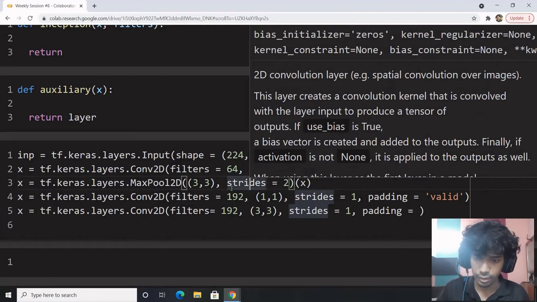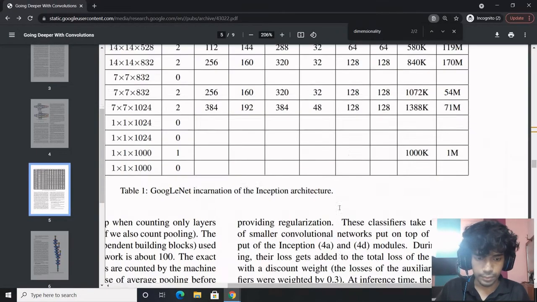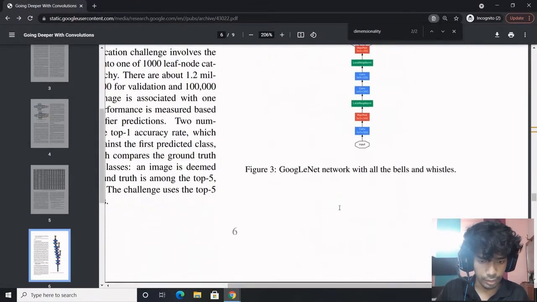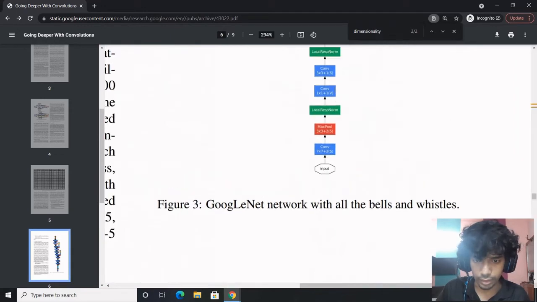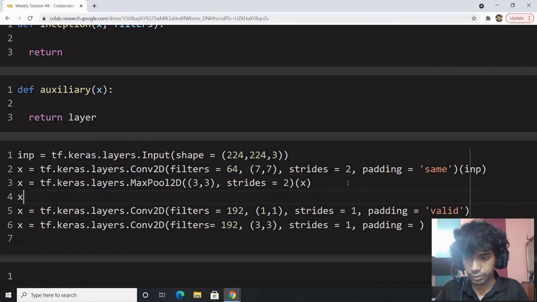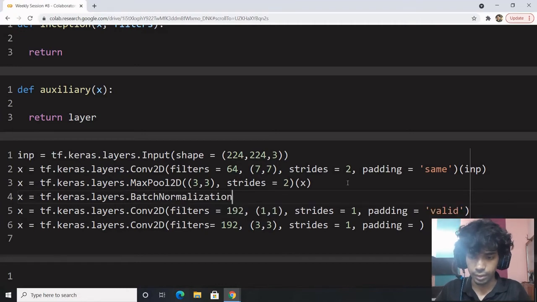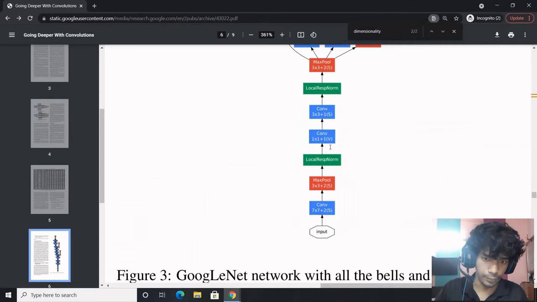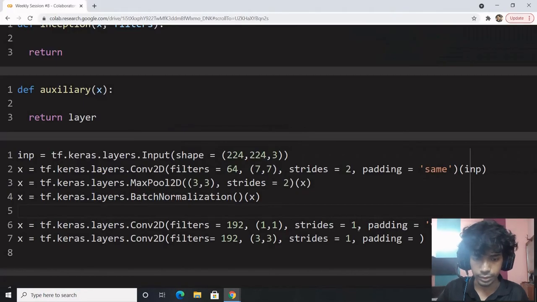And after max pool 2D we need to add a batch normalization, which also needs to be done. So x equals tf.keras.layers.BatchNormalization, pass x, the 2 convolution layers, another batch normalization.